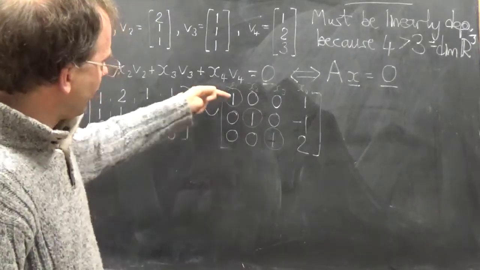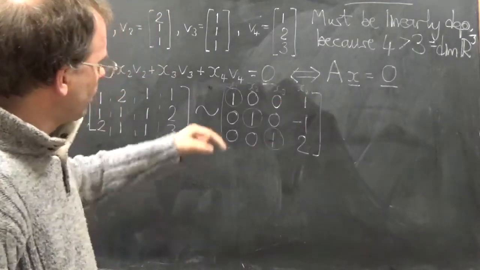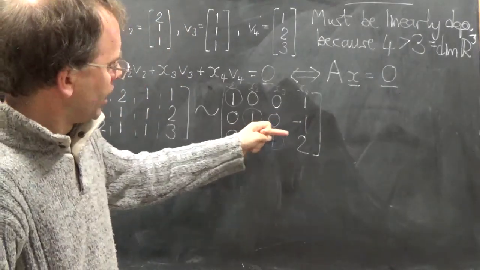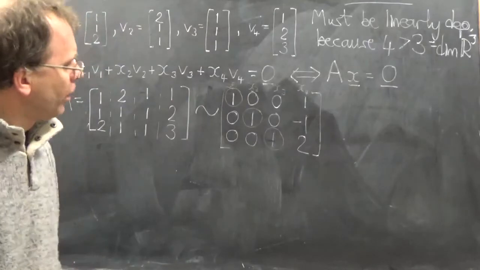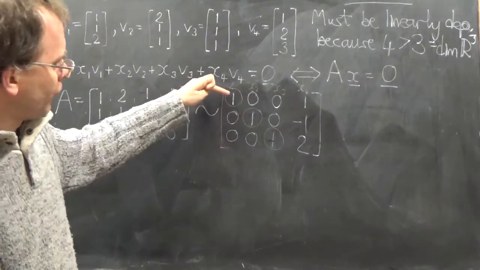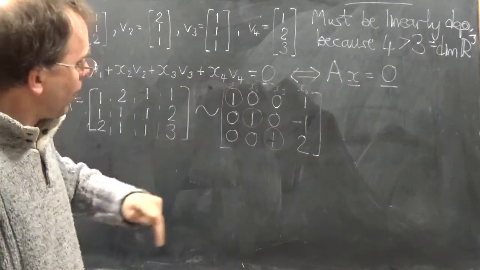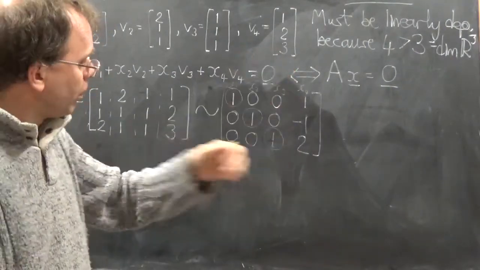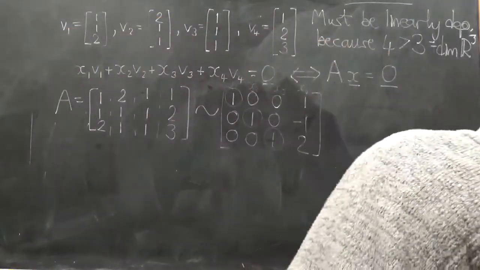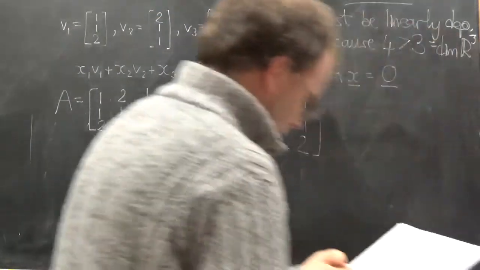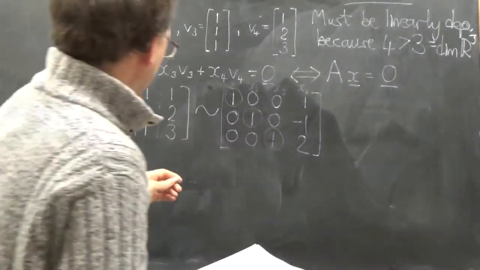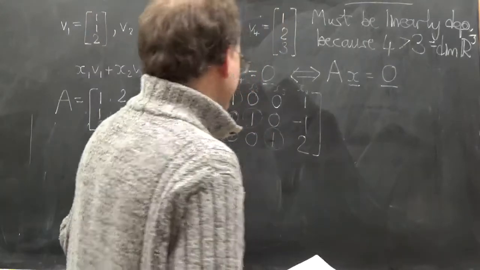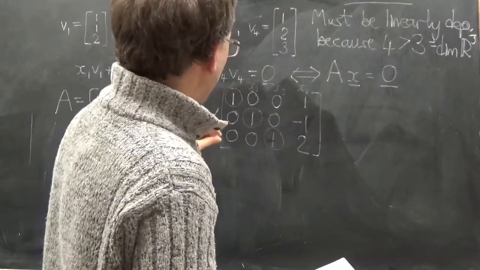When we look at x1 plus x4 equals 0, or x2 minus x4 equals 0, or x3 plus 2x4 equals 0, we can read off an expression for each of these dependent variables, x1, x2 and x3, in terms of the independent variable x4. So what we find is that the solution is, we get